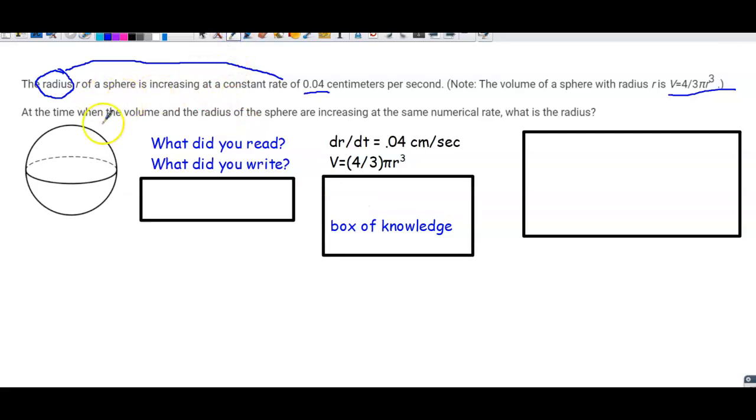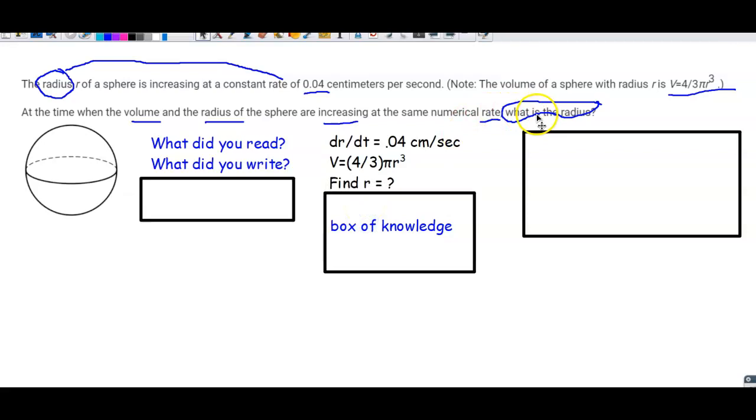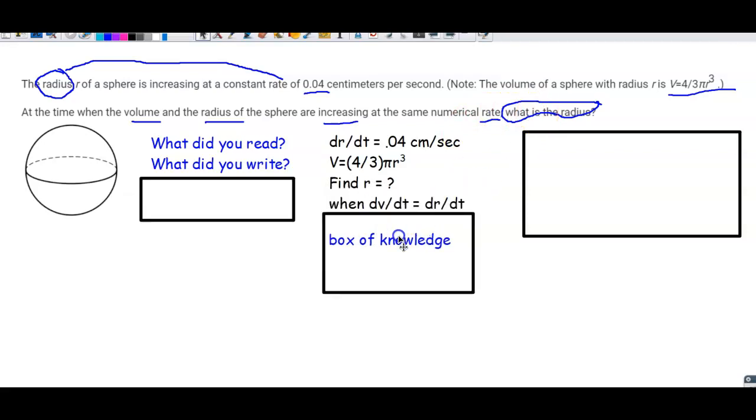And then they tell me exactly what to do. When the volume and radius are increasing at the same rate. So volume rate equals radius rate. They want me to find the radius. So I'm going to get rid of the words and write down what I just read. Find r, that's what they told me to find. And they told me to find r when the volume rate, dV/dt, is equal to the radius rate, dr/dt. So I begin with my volume formula,